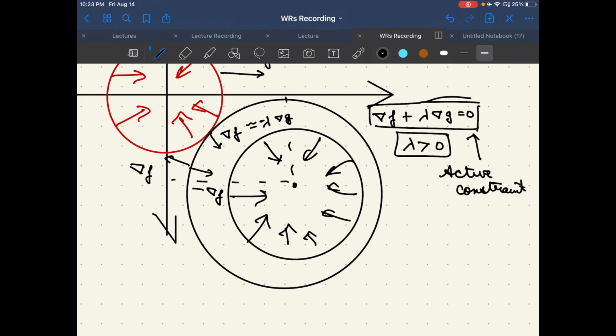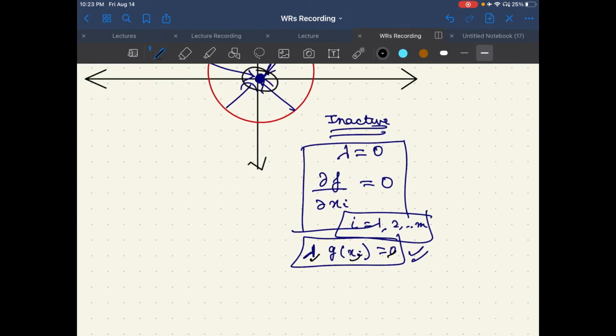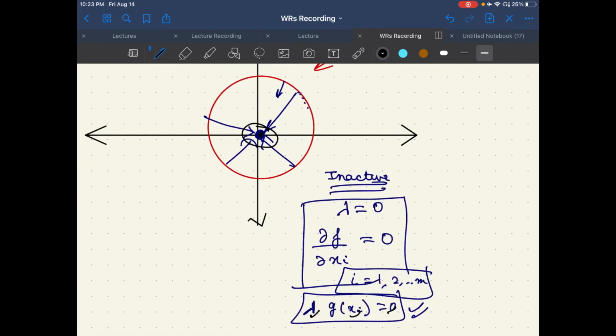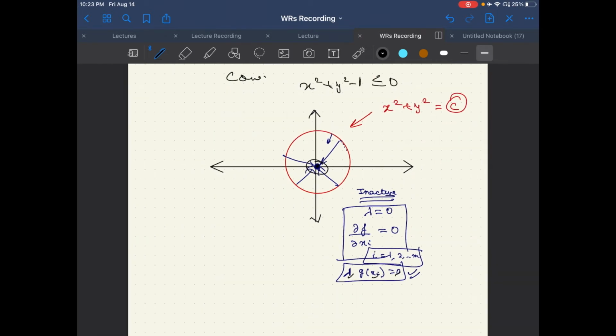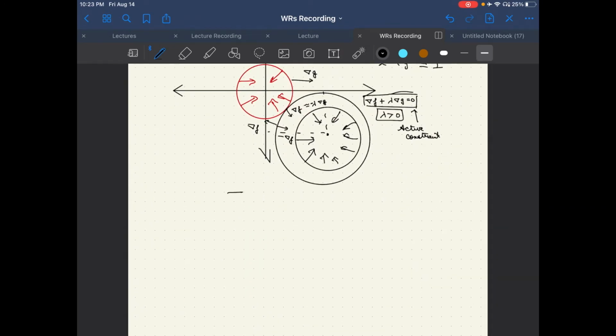And we have already seen the situation before: when we are in the area which is towards the center and away from the constraint boundary, the constraint has become inactive. So that particular problem can simply be solved by equating the gradient of f with respect to the variables that constitute x to 0. If this is the x vector, as we have discussed, we equate to 0 and we get the solution.